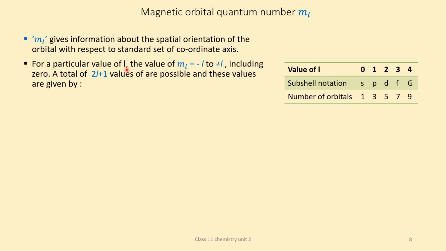For a particular value of L, the value of mL varies between minus L to plus L, including 0. A total of 2L plus 1 values are possible, and these values are given by,